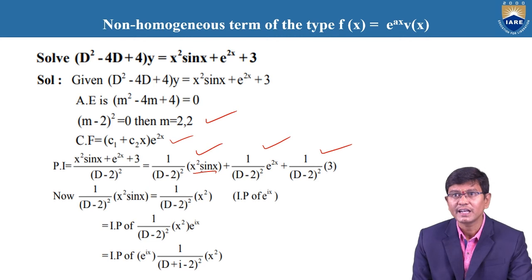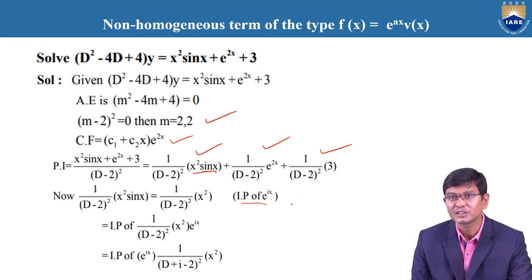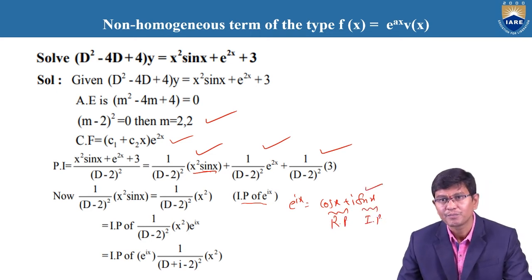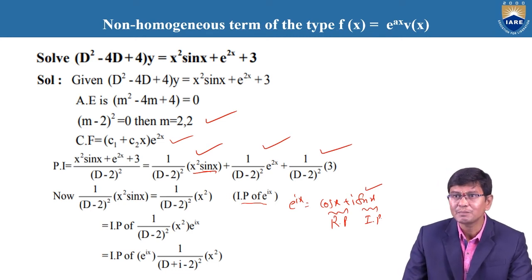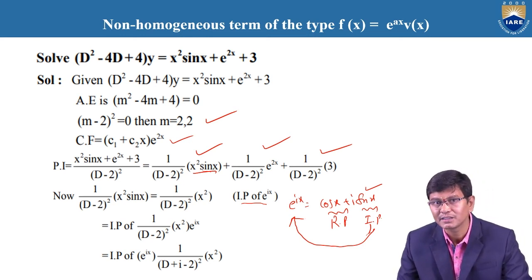Therefore, sin x is treated as the imaginary part of e power ix, because e power ix is nothing but cos x plus i into sin x. It has a real part and an imaginary part. But the problem is given based upon sin x. Therefore, you need to consider the imaginary part of e power ix, which is sin x. By using this, after simplification of e power ix into V,